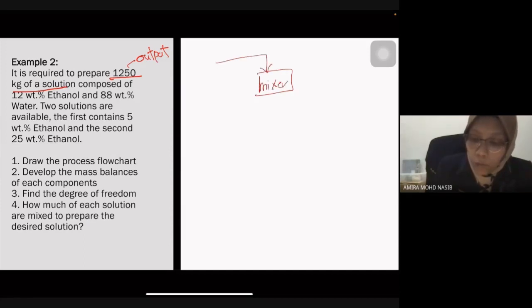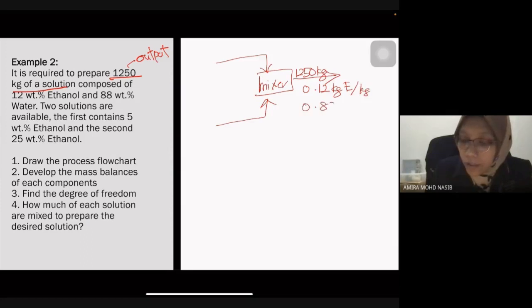So you have two inputs and one output. You want to produce 1250 kilograms of aqueous solution of ethanol, where you have 0.12 weight percent of ethanol, and the rest is water. And the two input solutions are 5% ethanol